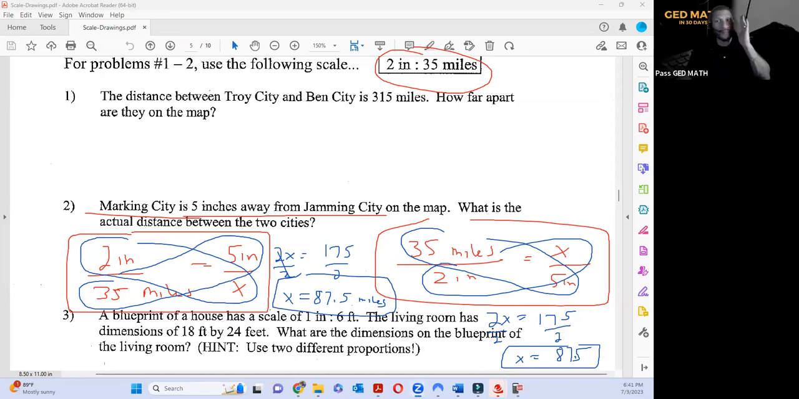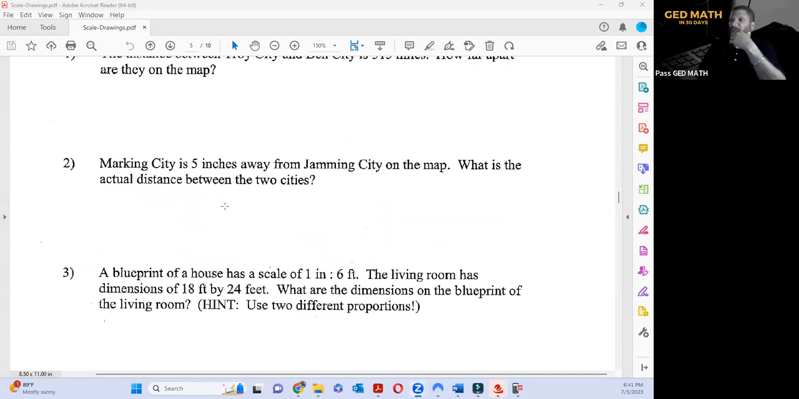So you should hear me in your head. No matter what problem you're given, identify your givens. Identify what they want to know. That'll give you the roadmap of what you need to do. Okay? So again, let's try